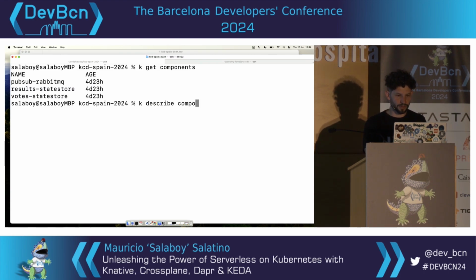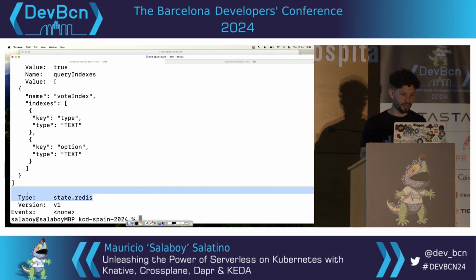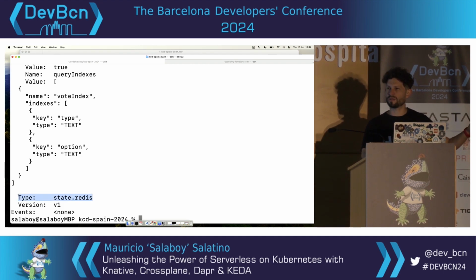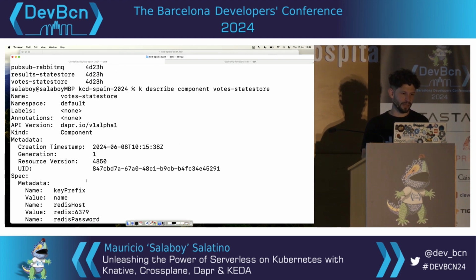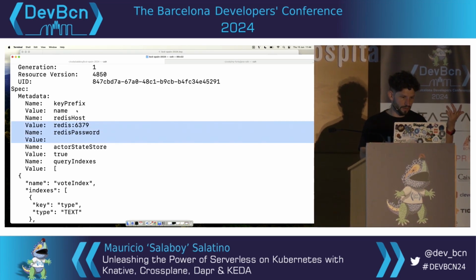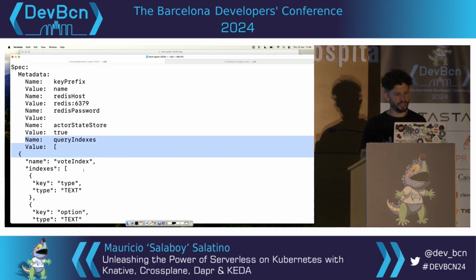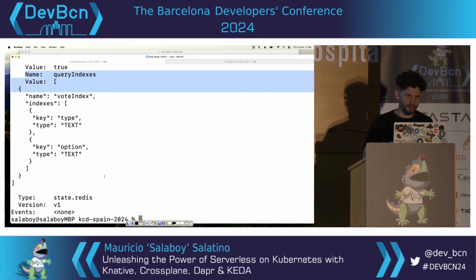I can describe one of these. And you will see that it's a very basic configuration, which has two important things, like type. That's the implementation type. So if you want to move this to Google, say an in-memory data store or something like that, you just need to change this type and provide the credentials here so it can connect to that service in your Google Cloud account, right? And then it has a bunch of other parameters, but those are not important. This is how you index data here. Maybe you want to add some hints on how to index data.